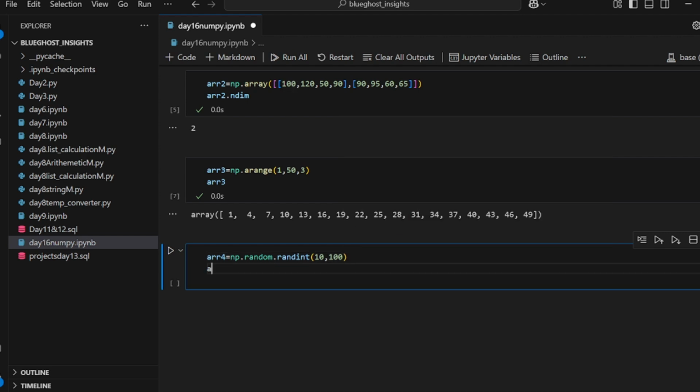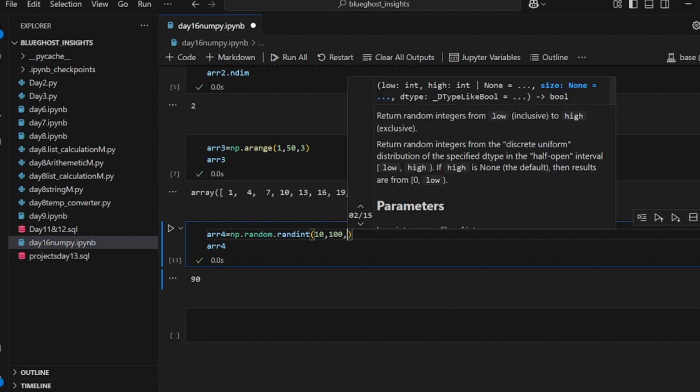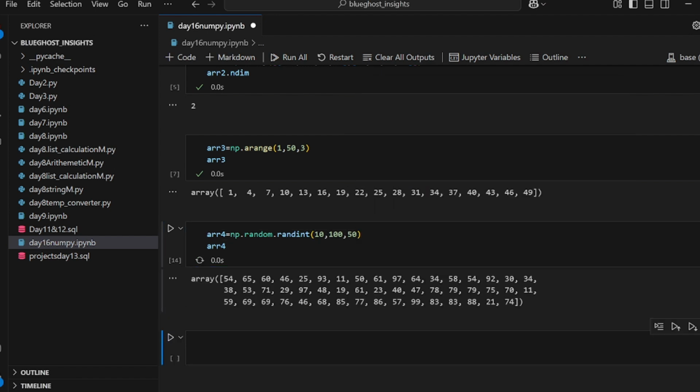But if I run this particular code right now, I'm only going to be seeing random numbers, right? So 58, can you see that, 40, 61, just random numbers, right? 90 and stuff like that. But now let's say I want to see this in 50 places or 20 places. I can come here and say 50 at the back. So if I run this, you can see we now have random numbers from 10 to 100 in 50 places.